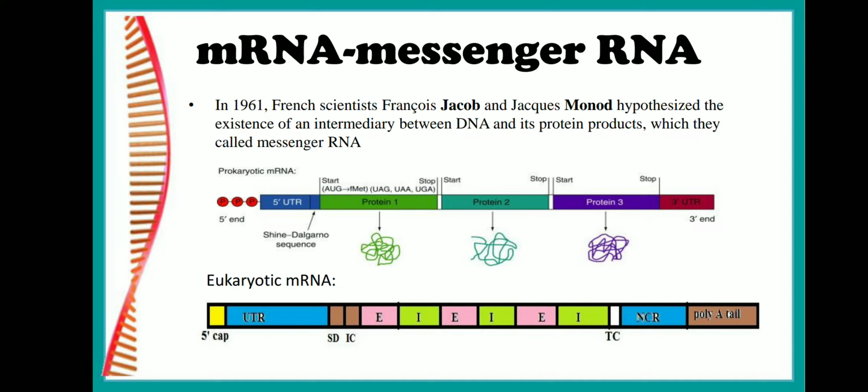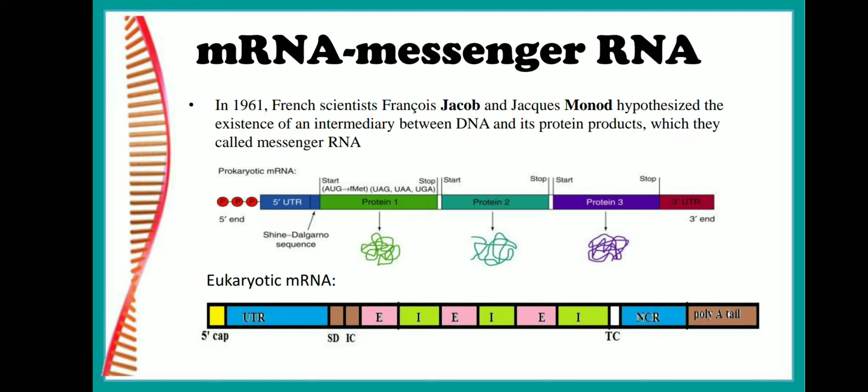So DNA is present inside the nucleus. So from the DNA, the messenger RNA is being copied. It will copy the information in the form of messenger RNA, and the messenger RNA will bring the information from the nucleus, that is from the DNA, to the site of protein synthesis, that is ribosome. Now, messenger RNA consists of only 3 to 5% of total cellular RNA. The molecular weight of average sized mRNA is about 5 lakh, and its sedimentation coefficient is 8s.